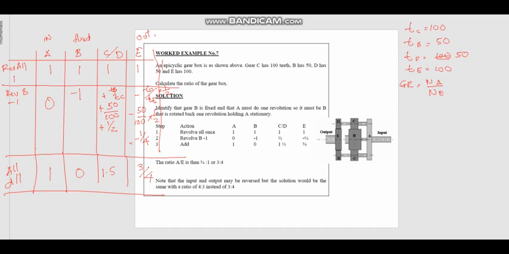It shows that if A revolves once, B is zero, and C and D will revolve 1.5 times in the same direction as A. E will also revolve in the same direction as A, but only three-quarters of a turn. So we can calculate our gear ratio: NA is equal to 1, and E is equal to 3 over 4. So this is equal to 4 over